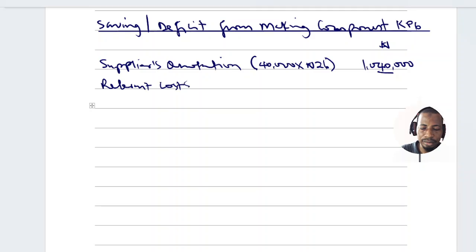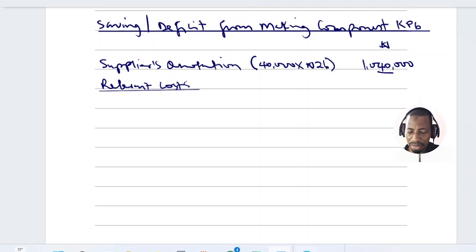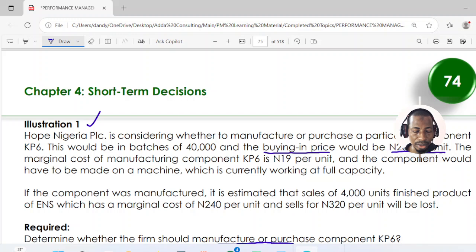Okay. So then go into the question. What's the relevant cost? Examiner has given to us marginal cost. Like I said, marginal cost is the same thing as variable cost. So you are told in the question that the marginal cost of manufacturing component KP6 is 19 naira per unit, and the component would have to be made on a machine which is currently working at full capacity. So marginal cost is 19 naira. So you need to multiply 19 naira by the 40,000